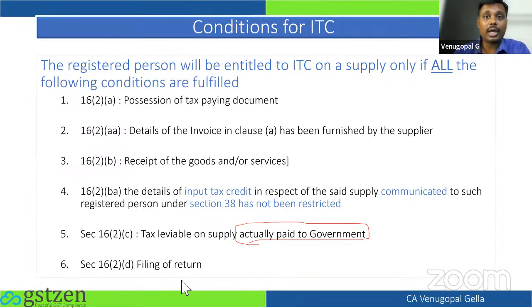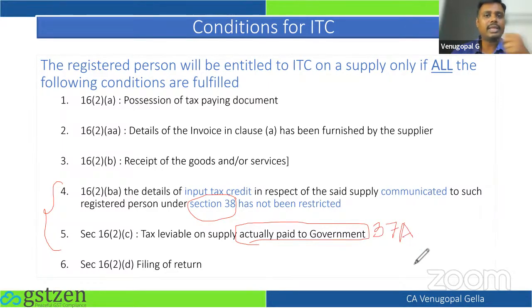I have no mechanism to verify. For a moment, people used to say, okay, check whether he has filed his GSTR 3B. But mere filing of GSTR 3B doesn't say whether these taxes have been paid to the government or not. So to couple these two provisions, the government has amended section 38 and also inserted a new rule, rule number 37A.